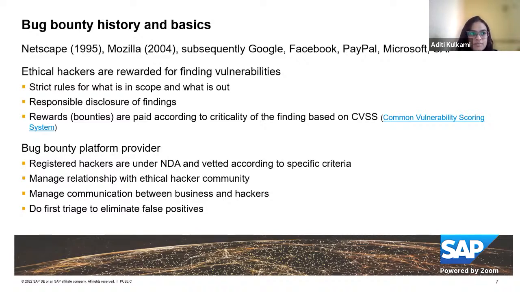For example, the vendor would be exposing their software in a certain limitation because they would want to concentrate on that particular module, maybe because it's new or because it has some business criticality.